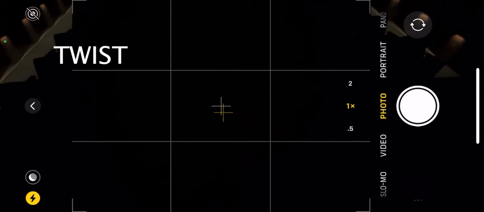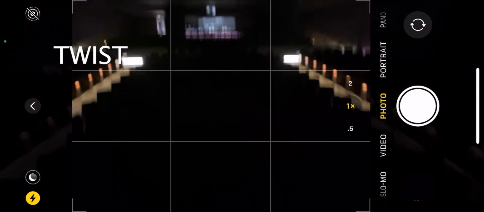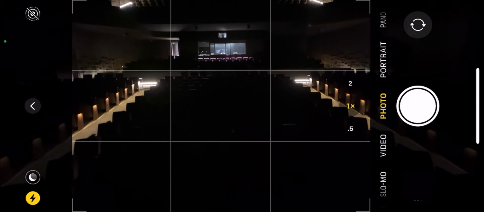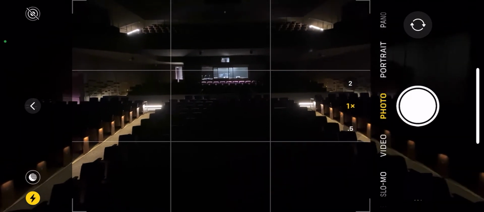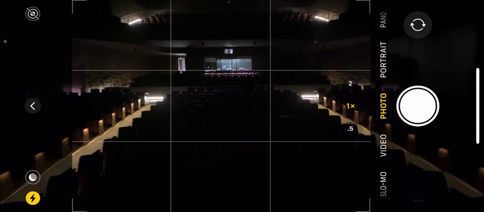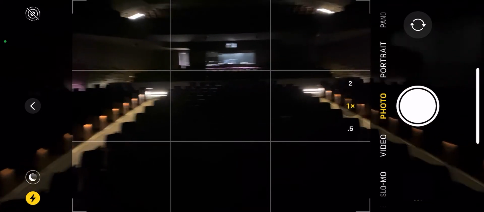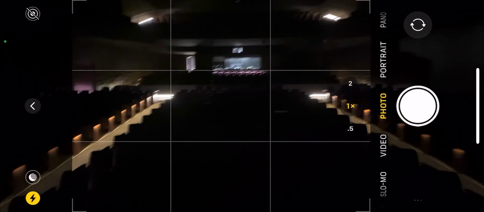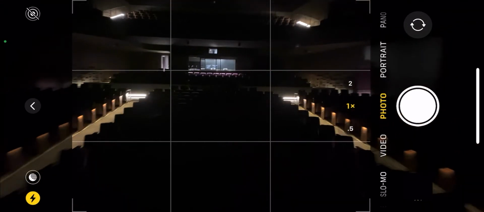So one of the most difficult parts about the twist is just figuring out how and why and when you're going to use it. Obviously, you can take any picture and twist it, but keep in mind what you're doing is you're changing the whole composition. So in this case, it's a really low light shot of auditorium, and I'm kind of looking at these lines that are created by the